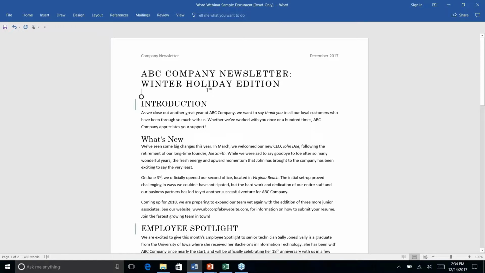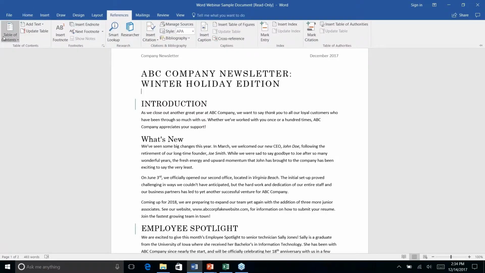I'm gonna want it on page 1. I can put it after the introduction if I want, but I'm thinking that for these purposes, I'm going to put it right here after the title. So going back into our references tab, it's typically on the left here by default, the table of